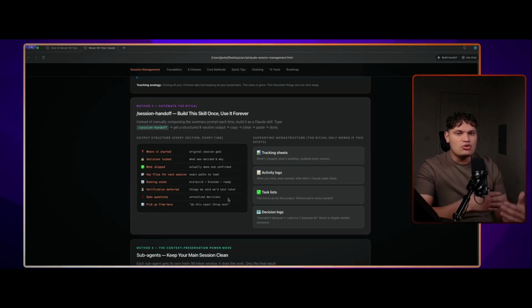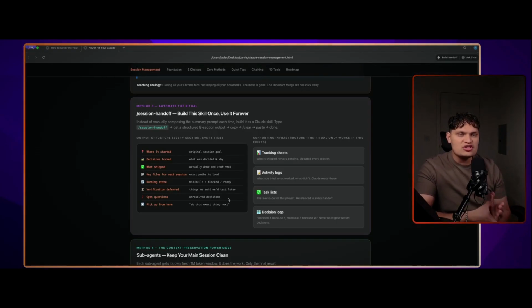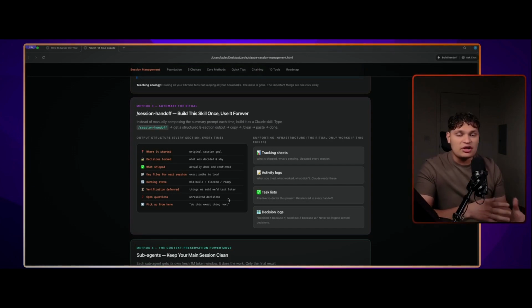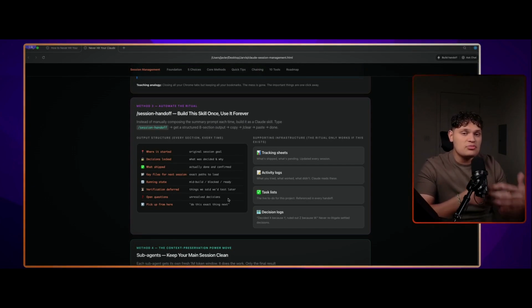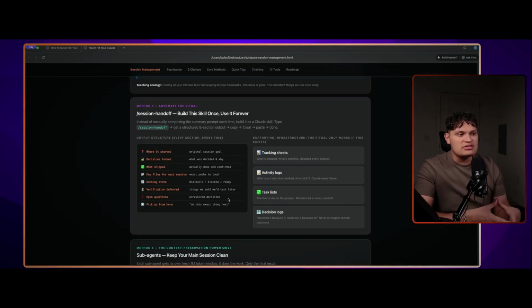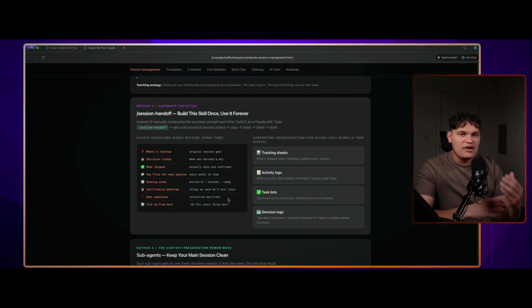So what this is doing is all you have to do is one slash command, and it automatically gives you the right context for the next session, which is going to be way better than just giving me a summary, because a lot of the times it will leave things that you wanted in that next session. So building a skill around this is going to give you more of an effective output when you start that